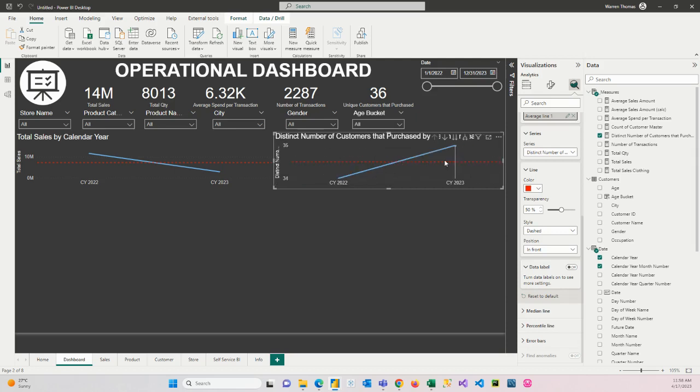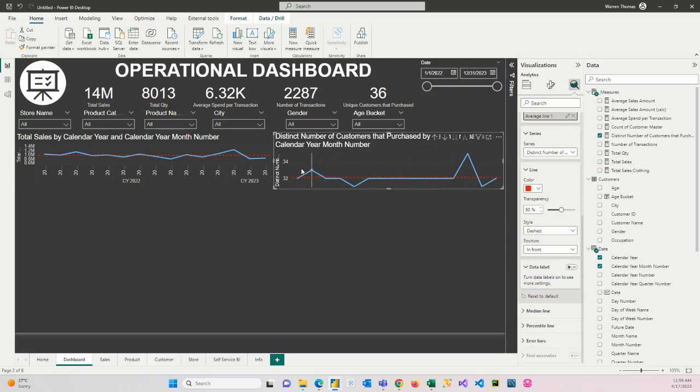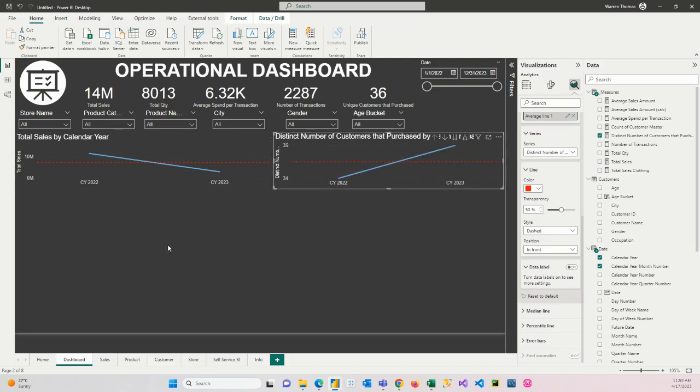So if we go up, there you can see year on year, the distinct number of customers has gone up, but total sales has gone down. And we can drill down into each one. Again, we would play with formatting to make this more readable. You never want these to be chopped off like that, but you can play with the formatting to get that perfect. Let's say below here, we want to look at the total sales by product